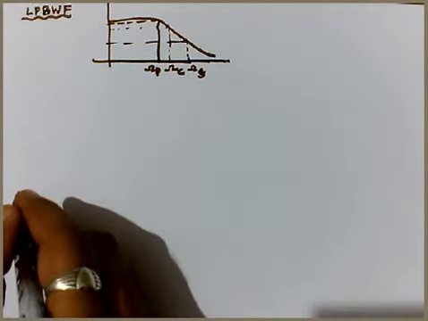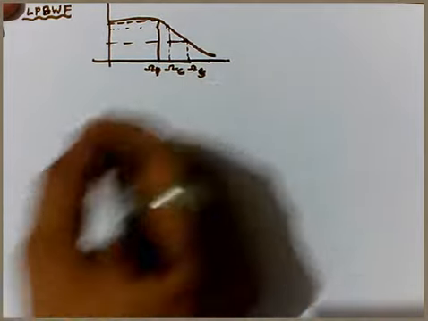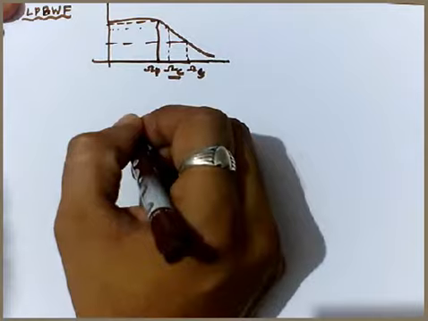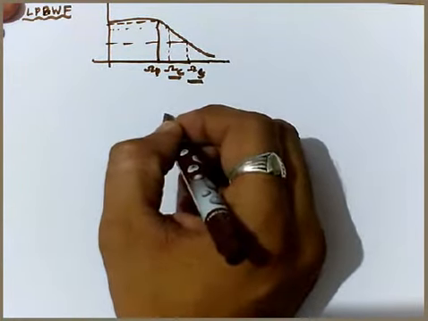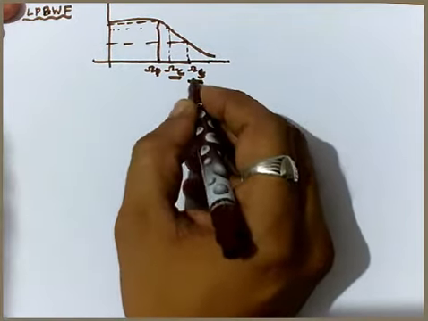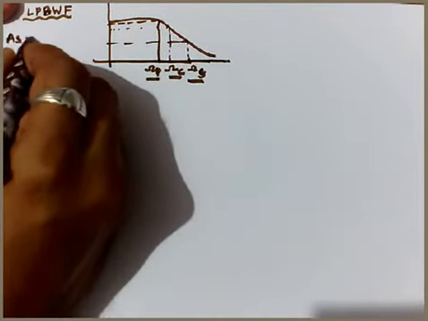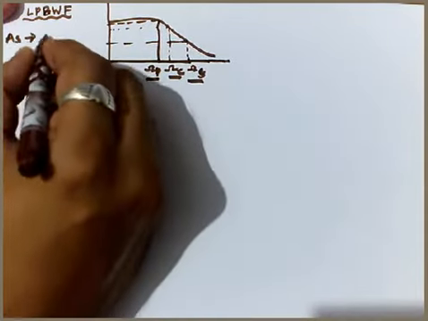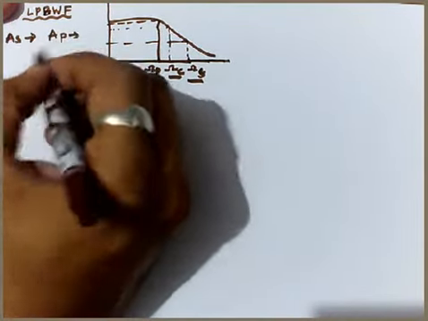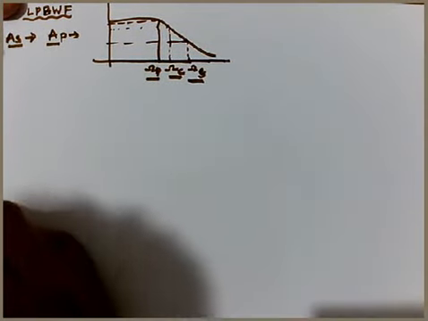Now to study in detail regarding the design, let's have the summary of all this. Omega c is nothing but the cutoff frequency for analog filter. Omega s, that is nothing but the stop band edge frequency. This is pass band edge frequency. Similarly AS is nothing but the stop band attenuation or attenuation in the stop band. AP is nothing but the attenuation in the pass band. So these are some of the terms which we will require to solve the numericals.